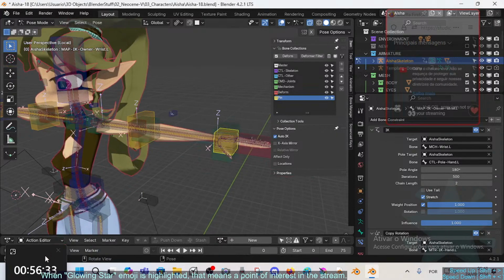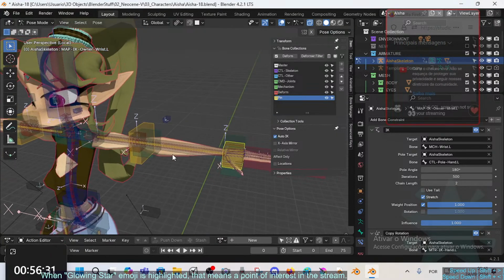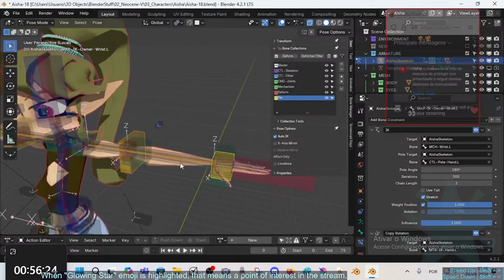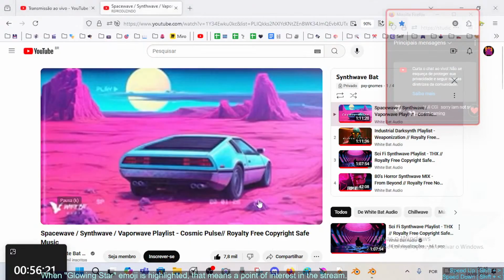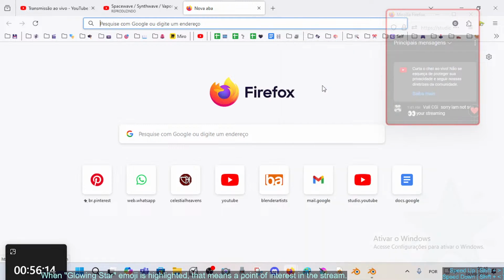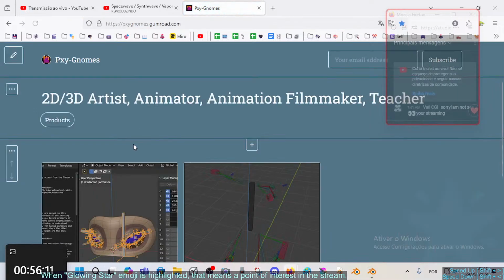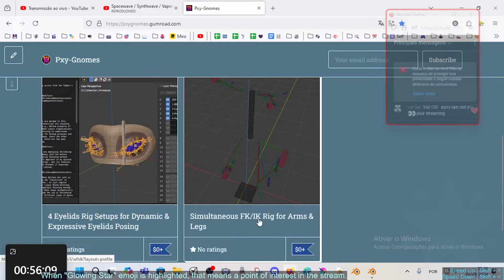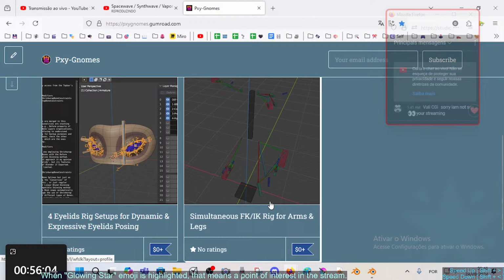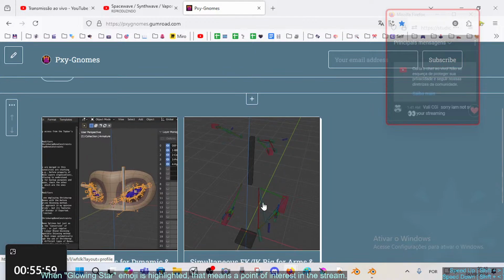So here I'm presenting in 1 hour or so what I've reached here with IK rigging, as I was investigating. Just a quick interruption, I already had a rig set up here on my Gumroad page. It's free, you can download there this simultaneous FK IK rig. Okay, but it was experimental, and I was able to achieve this without any